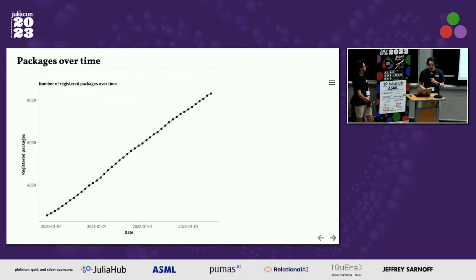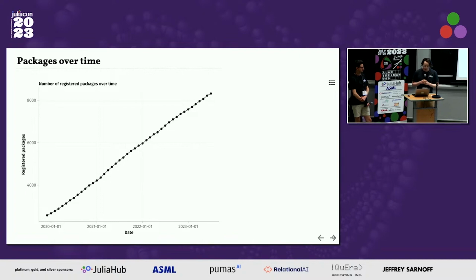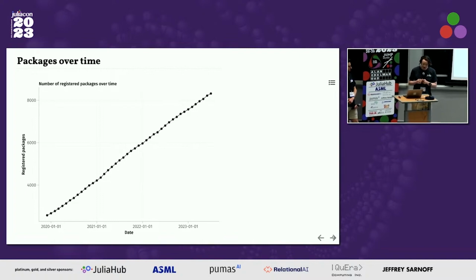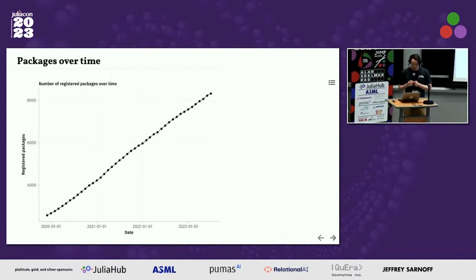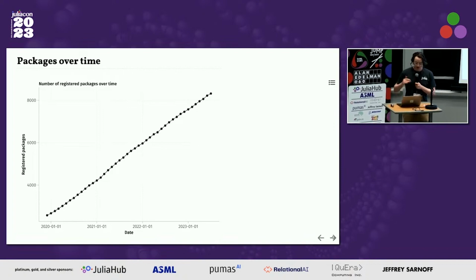Cool. So we use this package to analyze all of the general registry since 2020. Once a month, we check out the version of the general registry at some point in time. We look at the latest version of every package, analyze all of them, and then go one month later. With this, we have 40,000 versions of packages analyzed, and we can look at lots of different